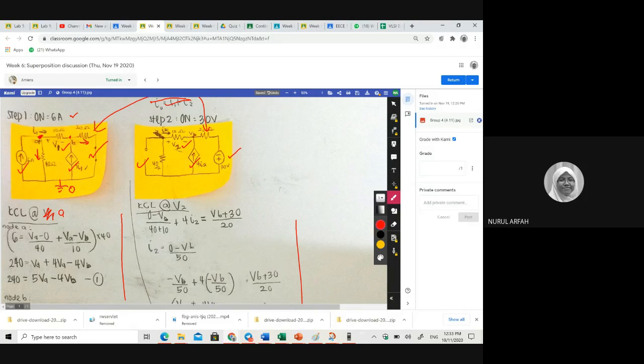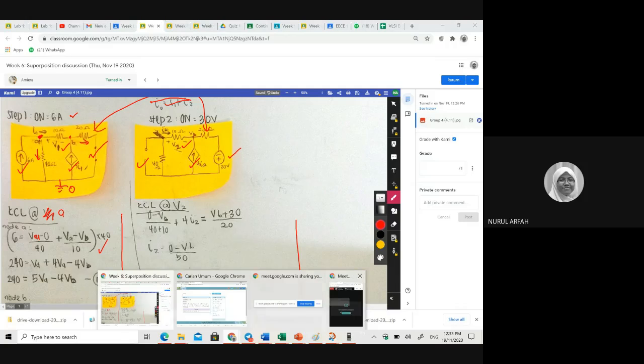So A, the 6 amps here equal to VA minus 0 over 40, and VA minus VB divided by 10. Yes, this is good. And then our second part here,